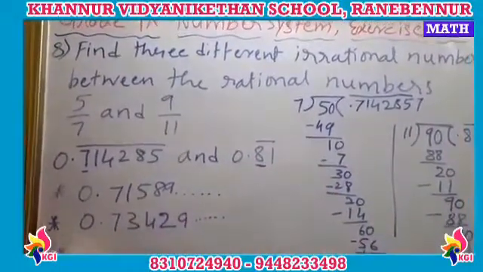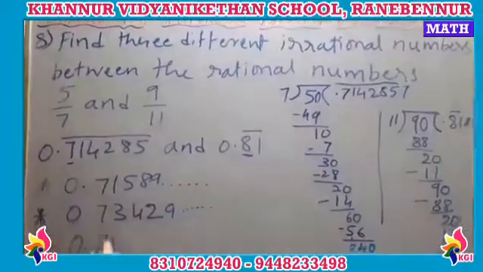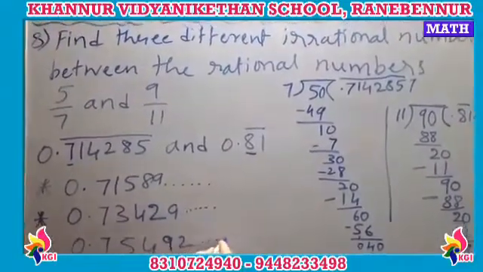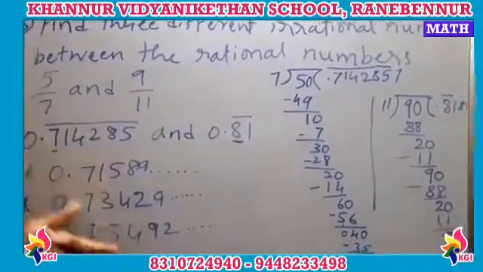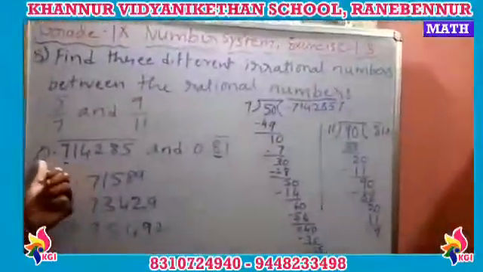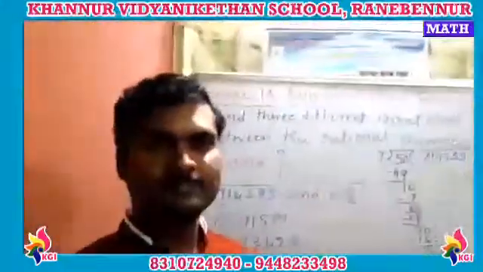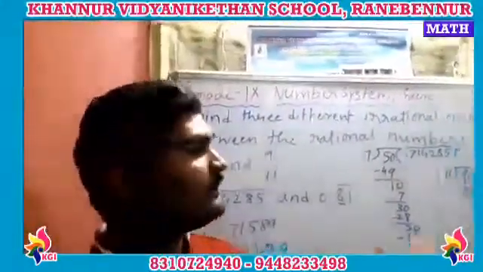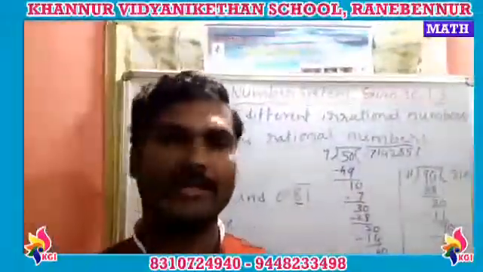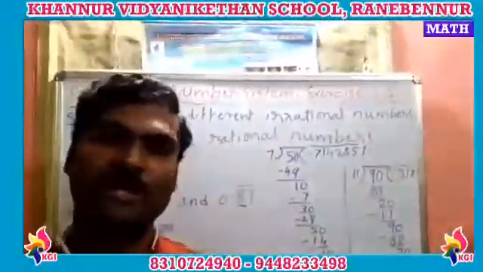One more. They asked for three, right? So again I write 0.7, 5, 4, 9, 2, anything like this. They asked for three and I wrote three. The only condition is that the number should be between 0.7 and 0.8. Understood, children? I think there is no confusion in this problem. If you have any doubts, you can call and contact me, children. These are very, very important. You need to study. Okay, bye-bye.